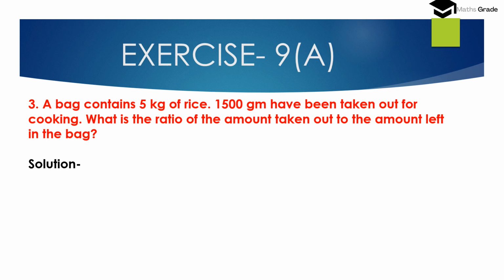It is given that a bag contains 5 kg of rice. Quantity of rice in the bag is 5 kg, that is 5000 gram. And 1500 gram have been taken out for cooking. Quantity of rice that has been taken out for cooking is 1500 gram. We have to find the ratio of the amount taken out to the amount left in the bag. The quantity of rice taken out is 1500 gram, and the quantity of rice left in the bag will be